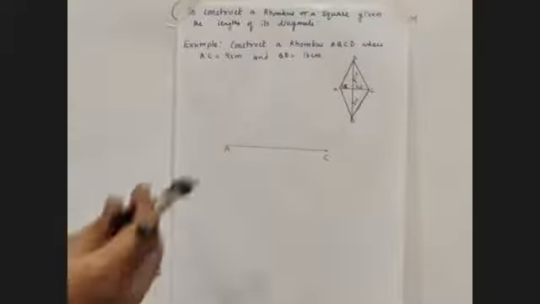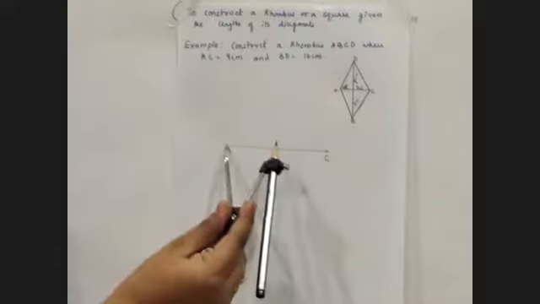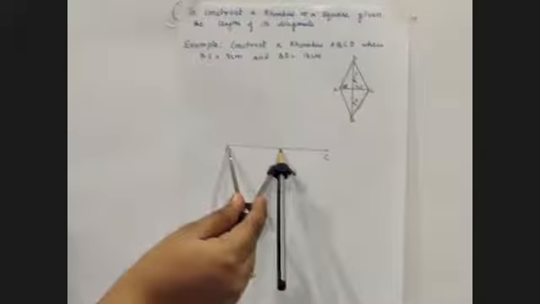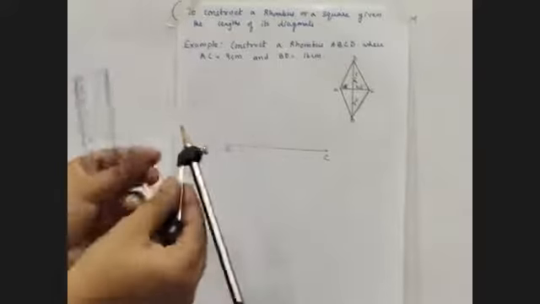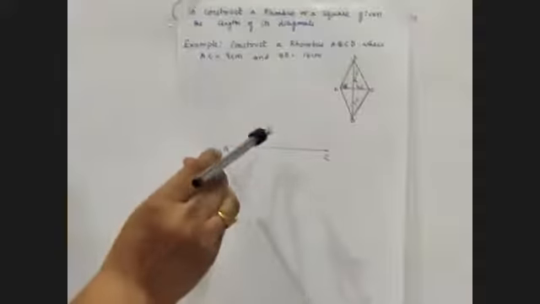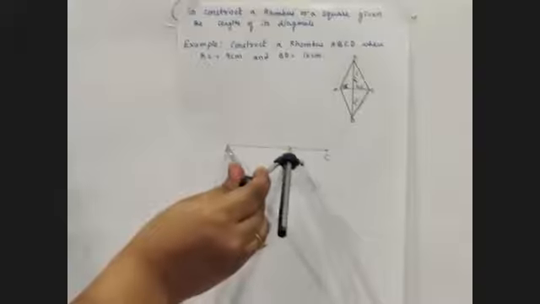any one of the diagonals you can draw. So here I have drawn AC, 9 centimeter. Now in our lower classes, we have already studied how to construct the perpendicular bisector. Now approximately we have to take more than half of this AC line segment. Approximately more than half you can take. So this is more than half, right?